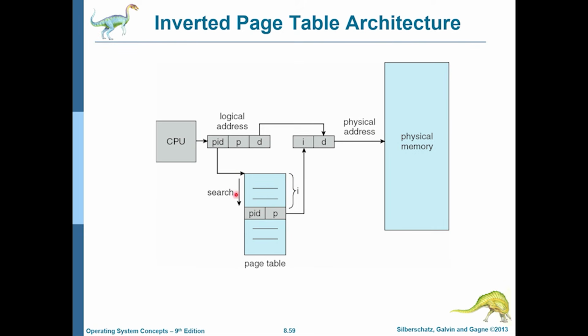So you might ask, this linear searching can take a lot of time because you have to first look at the first entry and say, okay, does this entry even belong to this process? No. Okay, let's go to the next one. Okay, this entry belongs to this process, but is this the page number? No, the PID matched, but the page number did not match. So you keep going like that until you find your PID and P combination somewhere, and then you find how far you have gone, and that is your frame number i.